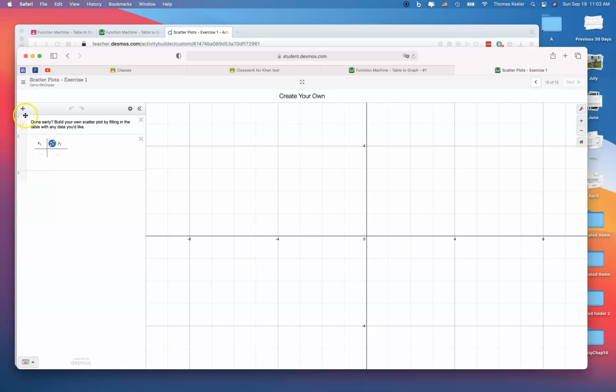Okay, and so if you wanted to, you could build your own scatter plot here. So let's see how